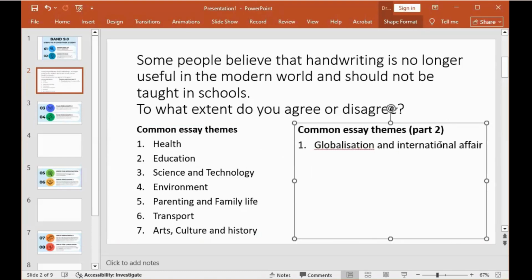For example, there's one essay question I gave somebody earlier this week about immigration rules, that countries should develop stricter immigration rules, that kind of thing is going to help the citizens of different countries to compete for jobs, to be able to secure jobs, let me put it that way, within their own country. That's part of international affairs and immigration. Then we have jobs, career, and unemployment. There are some essay questions on employment. There are some essay questions that address this.